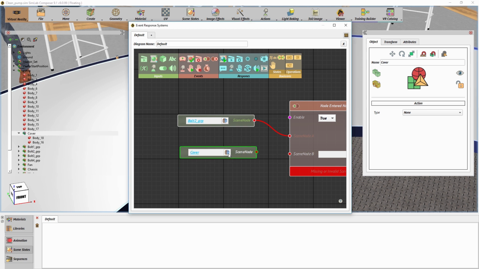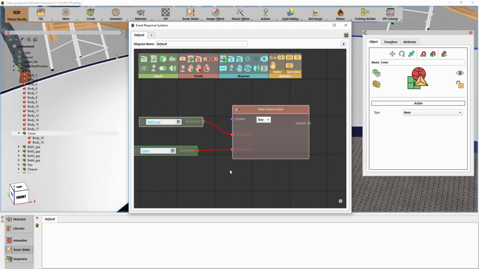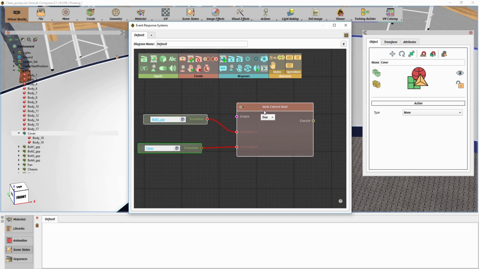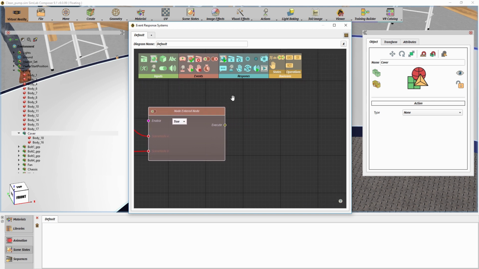Select a different object from the scene and attach it to the second input node. Then attach the node to the second channel of the Node Entered Node event block. What we have now is an event that can elicit a response once the first scene node collides or enters the second scene node. To complete the chain, we would need to attach a response to the Execute channel of the event node. Some of the responses are Apply Scene State, Play Sequence, Stop Sequence, Glow and Unglow an Object,